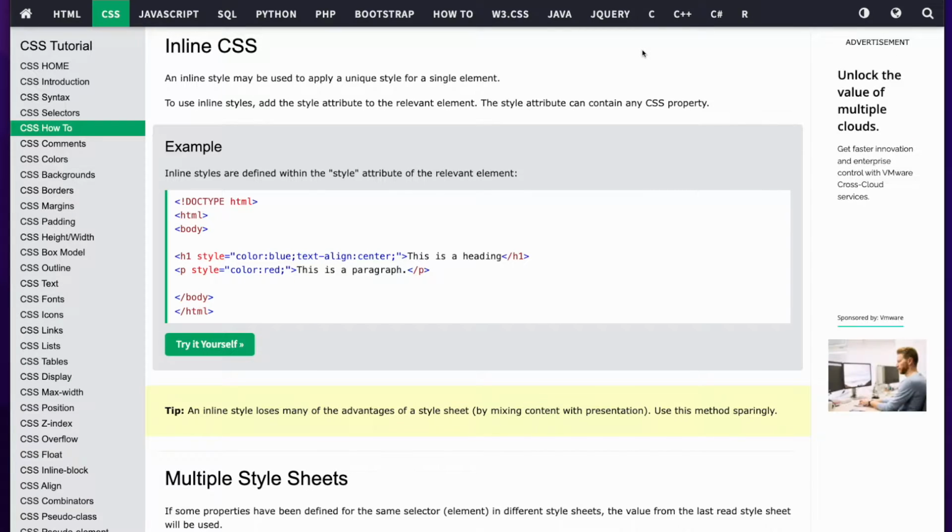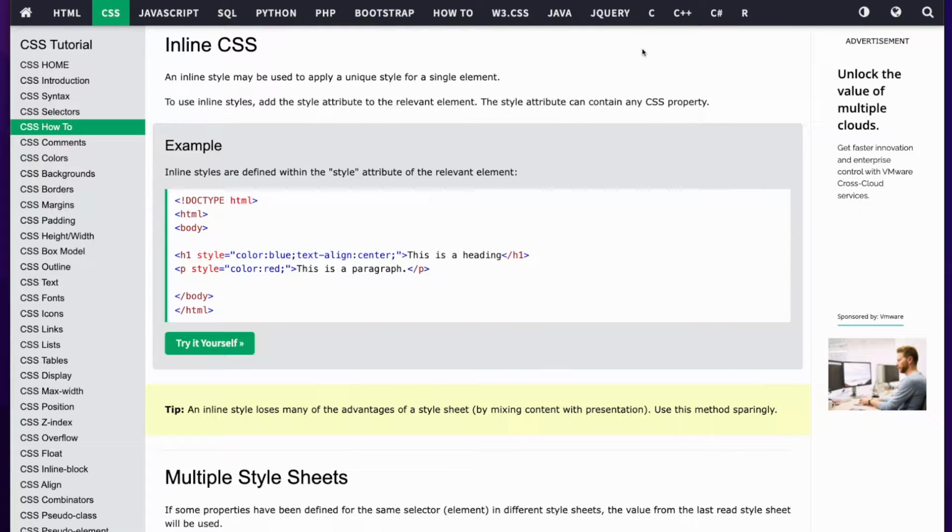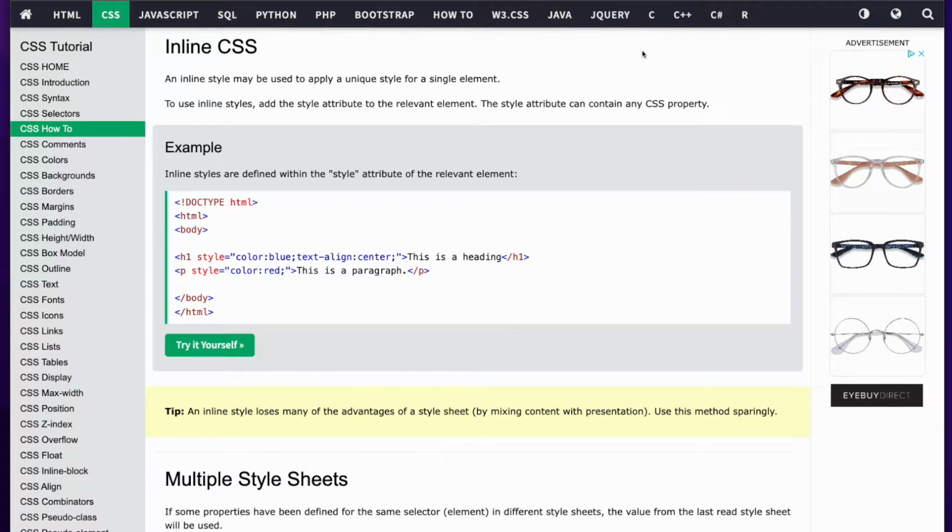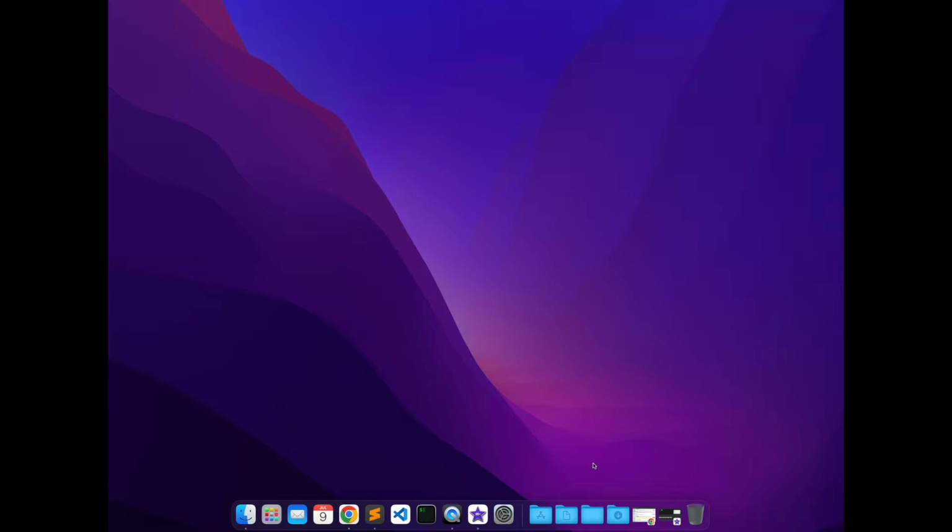I should mention that the inline style is not a best practice when writing CSS, and as this web page indicates, it should be used sparingly. That being said, I'll show you an example of how to apply inline styles, hopefully demonstrating the reason that we should not use them. To get started, I'll open the development folder I showed you how to create in the